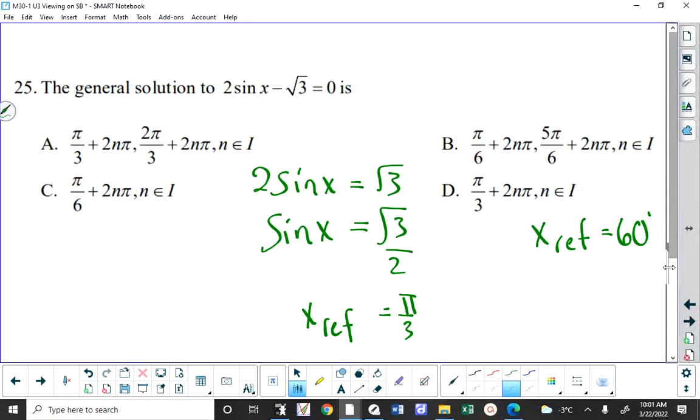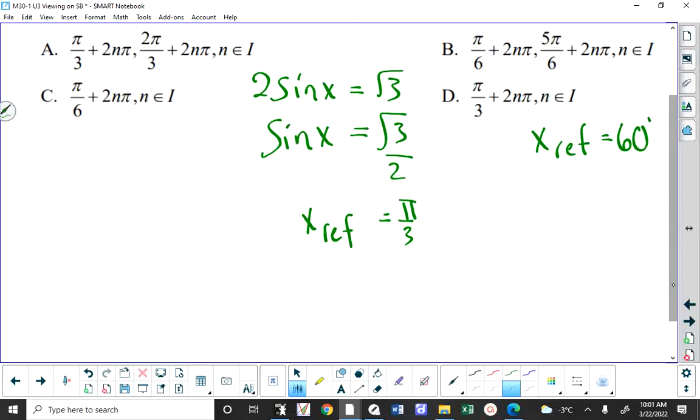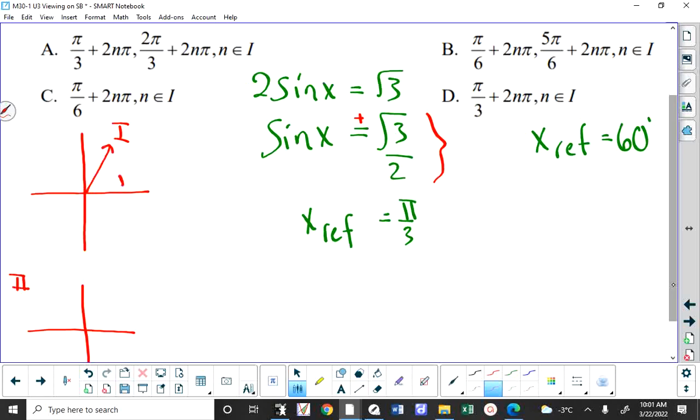And then, so this is not a unit circle approach. Then you're eyeballing the trigonometric ratio, which is this. You're seeing it's positive. You should know that sine is positive in quadrant 1 and quadrant 2. So you put pi over 3 as a reference angle in each. And then the rotation angle is 2 pi over 3 and pi over 3. The answer is A. Pi over 3 plus multiples of 2 pi over 3 plus multiples of 2 pi. But